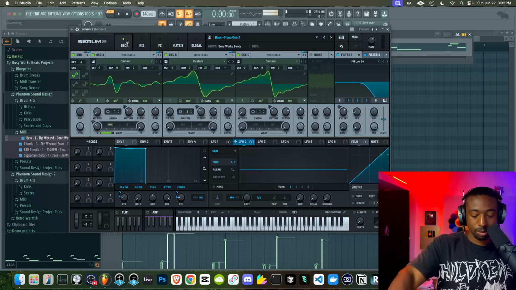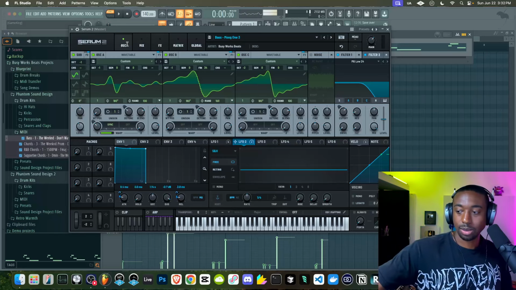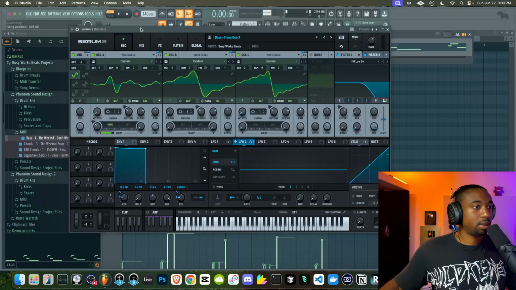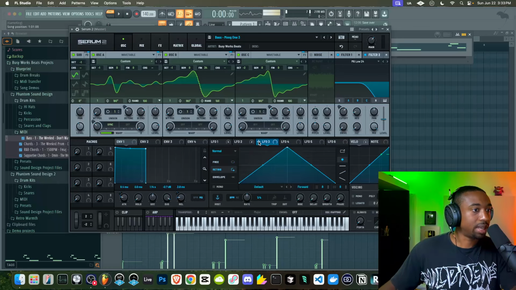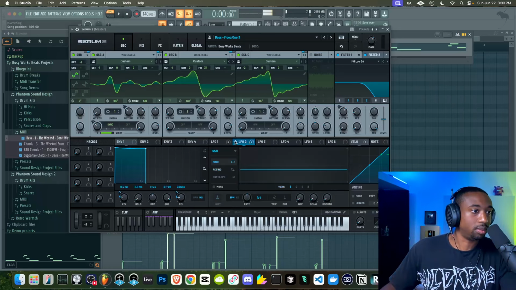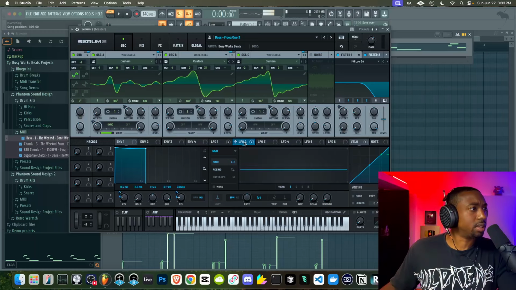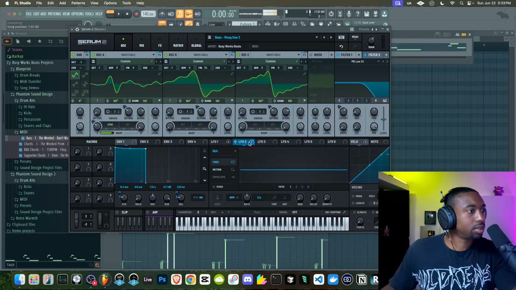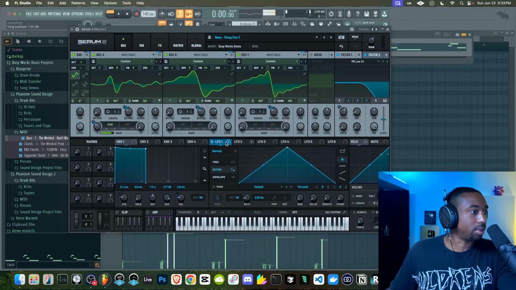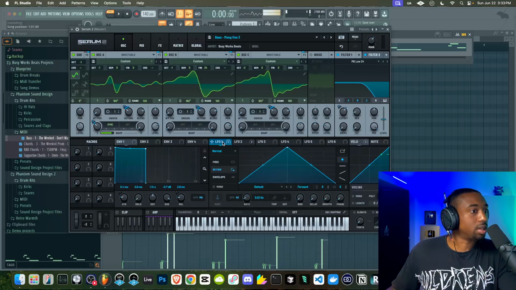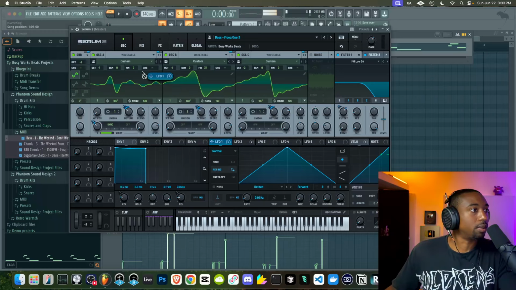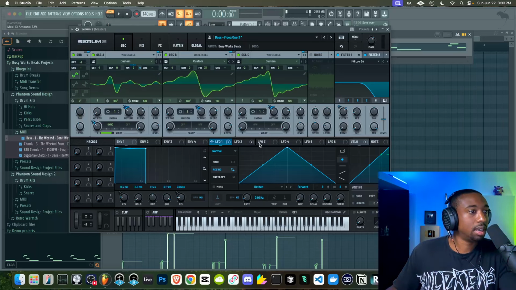So I'm skipping my notes because I showed you guys a lot of this stuff. So let me find my notes. One last technique we could do before we move into the next sound is we can add an LFO to control an LFO. So for example, let's say I wanted to, I forget what this even is controlling. So we have LFO2 controlling the attack time, which you guys are not really going to hear the difference there. But if I go to LFO1, let's make it control our fine tune pitch here. Let's give it a range of like 31 cents. And we want the rate to move over time.